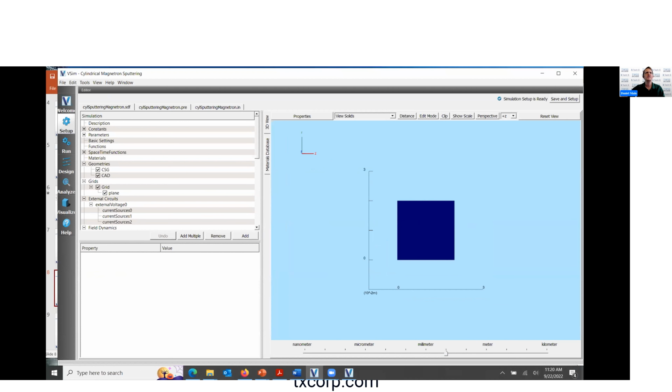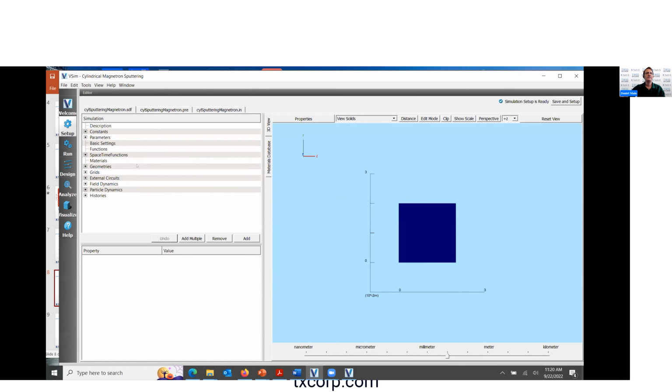But before we get to that, I just want to walk you through this setup in more detail. Dan already went through it at a very high level, so everything I'm going to do here is particular to this problem. The first thing is that we've already added the necessary parts and the basic settings to include particles and